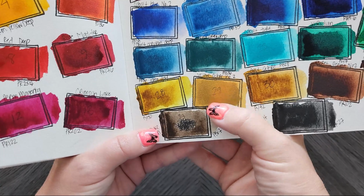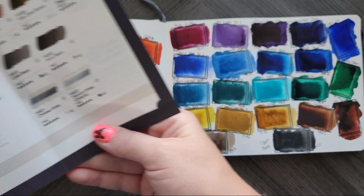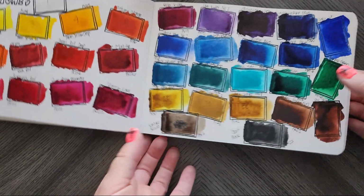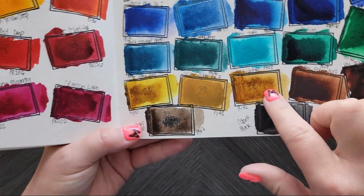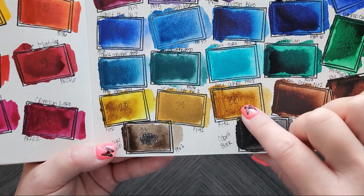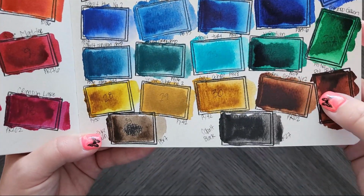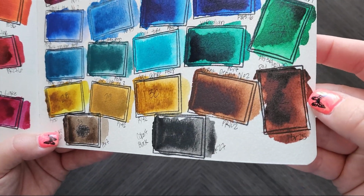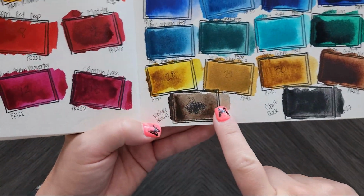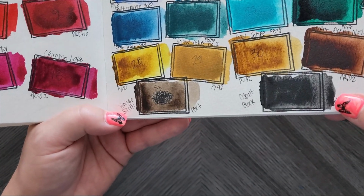The yellow ochre is pretty opaque, and looking at this yellow ochre number 2, yep, as opaque as it can be. So it is an opaque color. The gold ochre, however, is pretty nice. I really like this gold ochre right here. It's a pretty color, and it'll be really nice and transparent. The 2 browns are lovely. This red brown is just delicious. I like that color. The Van Dyke brown, ignore my ink blotch in the middle, is, you know, Van Dyke brown. And then the cobalt black,